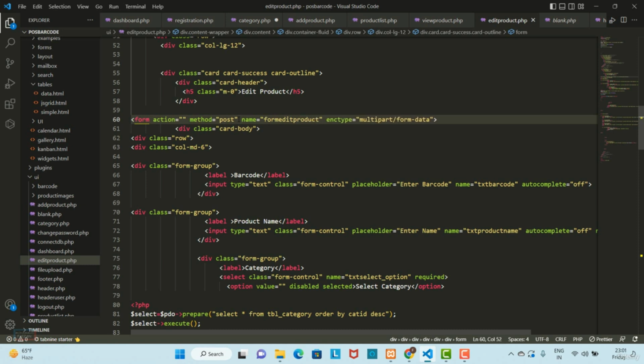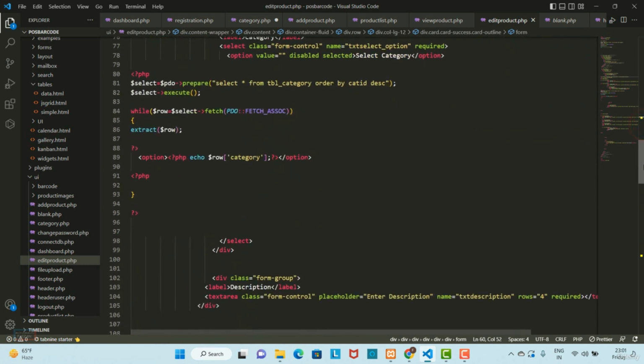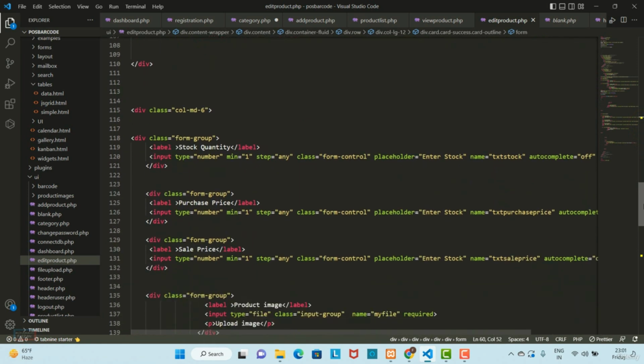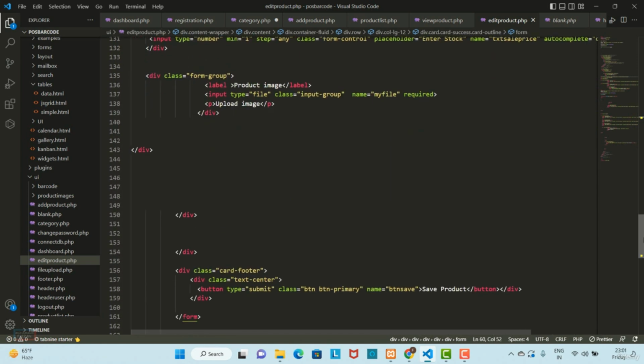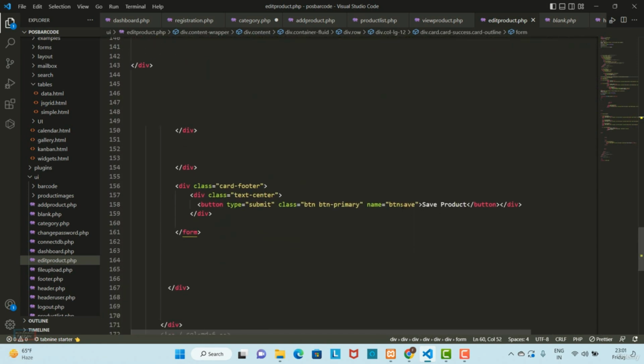Okay, save. And for the button, what I need to give here for the button, right, button edit, name button edit product, and here edit product. Okay, save,